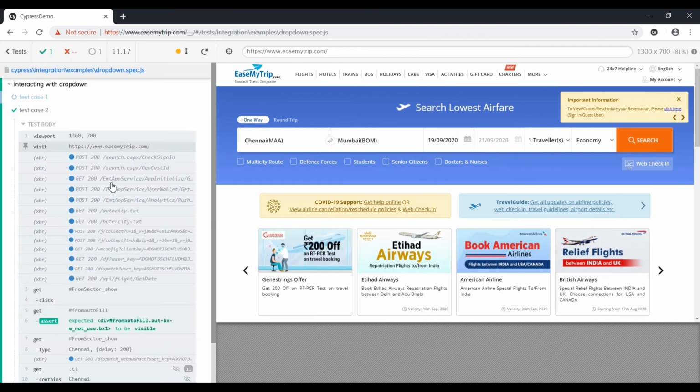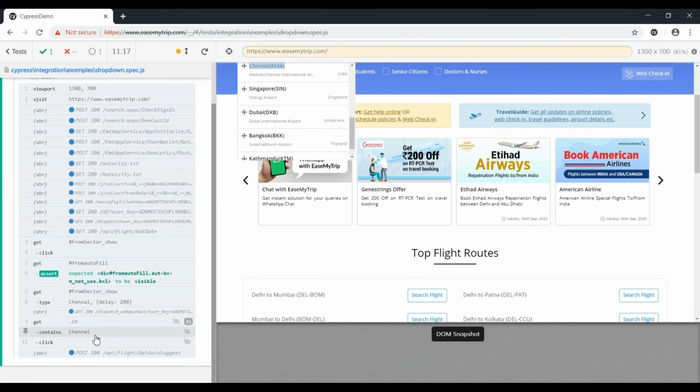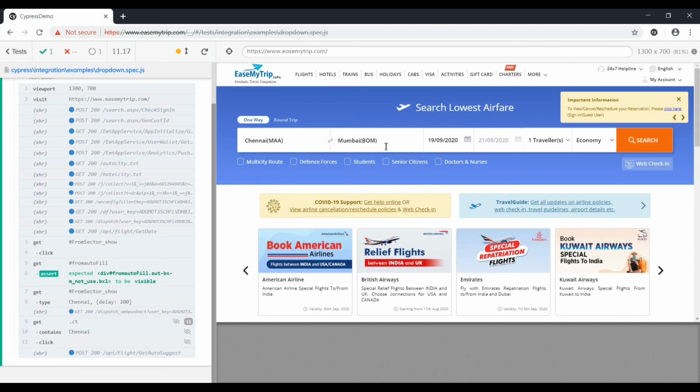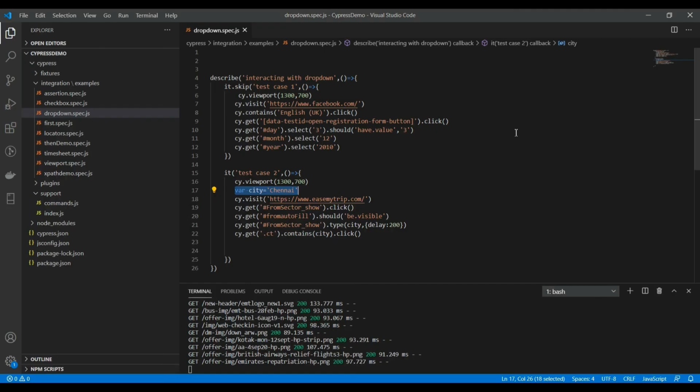So basically we typed Chennai and we selected the city and we have created a variable, so we can directly change the value of that variable and use it. And similarly we can use the to drop down as well to pass the value in the from and to cities. So these are basically two examples of how you can use drop downs. A simple one, the select drop down, and the other one is search and select.